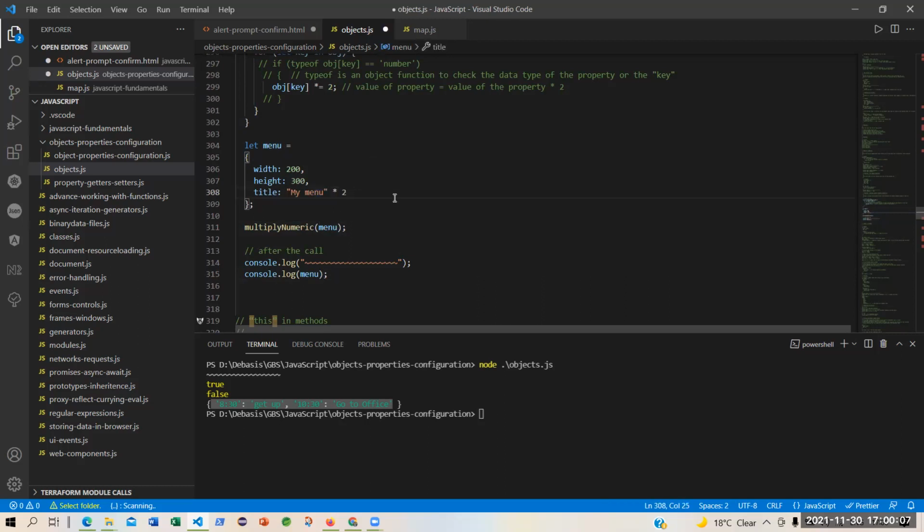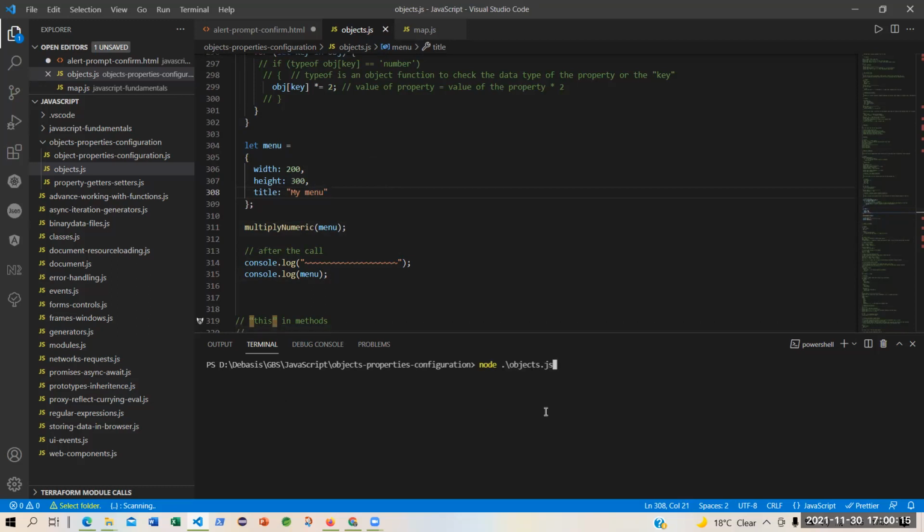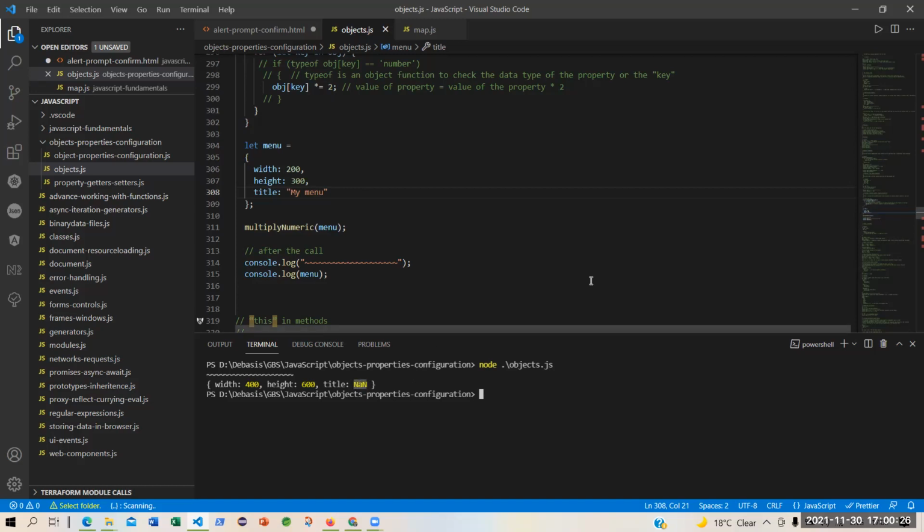Let me see what the result is. Not a number. You are very correct. It is not giving undefined. There is no question of undefined. Title is a property. It is already there. It is not undefined.